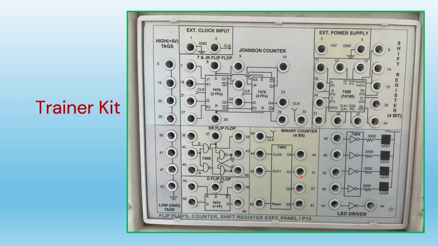This is the trainer kit used for the flip-flops, where we have this T flip-flop which is basically implemented using JK flip-flop. When we short J and K both the inputs, then it becomes T flip-flop. In this trainer kit we have two JK flip-flops here, so we can do the experiment on JK as well as T flip-flop. Then this is the SR flip-flop which is implemented using NAND latch here, and then lastly we have this D flip-flop here. So all 4 flip-flops experiment will be done on this trainer kit.